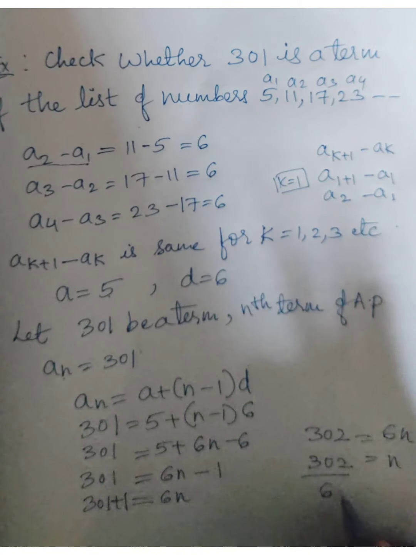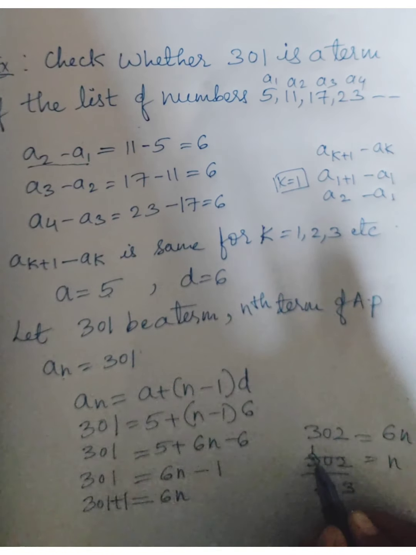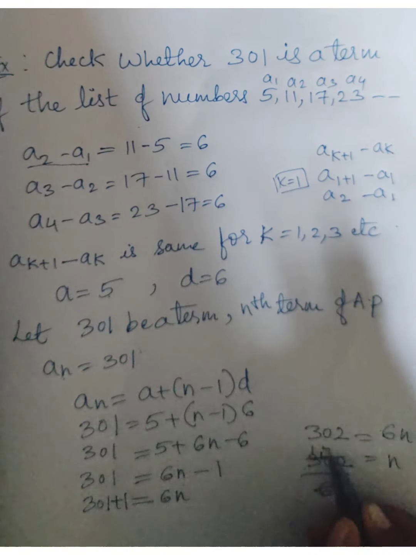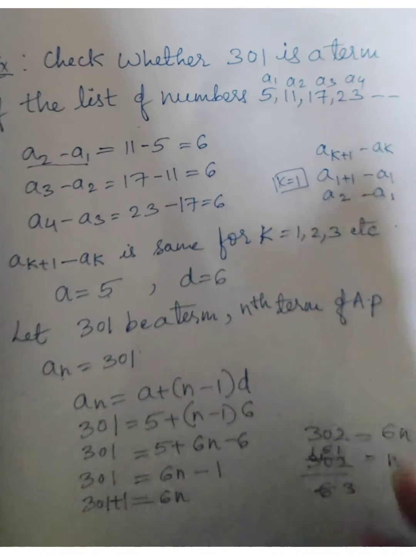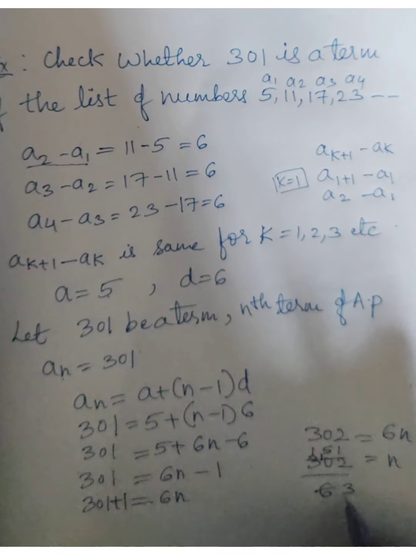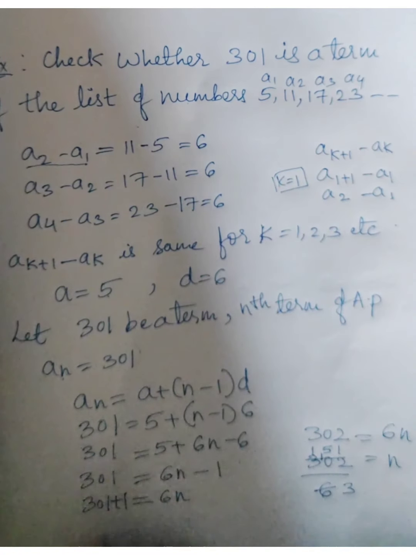How are we going to simplify? 2 3s are 6. This can be written as 2 1s are 2. From 3, taking 2 1s are 2, 1 remains here. So this will become 10, because here it is 0. So 2 5s are 10, and here 2 1s are 2. Got it? So what is n here?